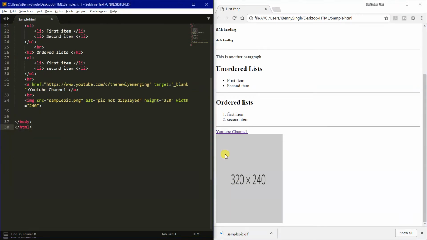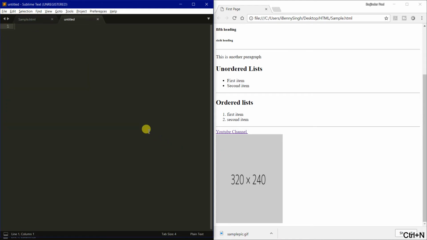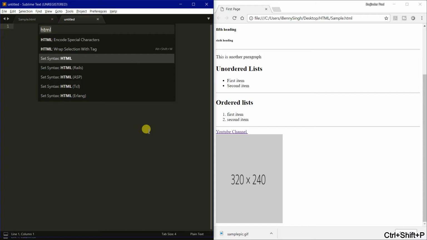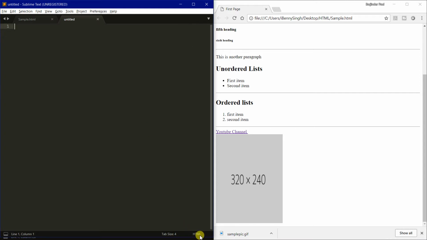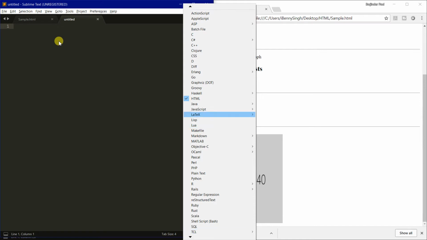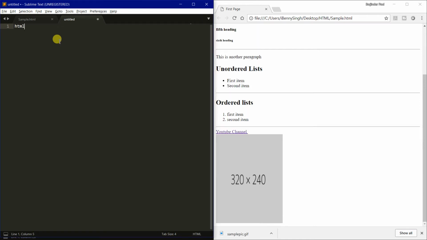Now guys, we will be creating a new web page. For our remaining HTML tags, we will be using divisions, forms and inputs. So now let's create it by pressing Ctrl+N, press Ctrl+Shift+P and press enter to set the syntax to HTML. And now type HTML here and press tab. So where we have the syntax, the title could be here like forms and input, and then we will be writing here the form tag,